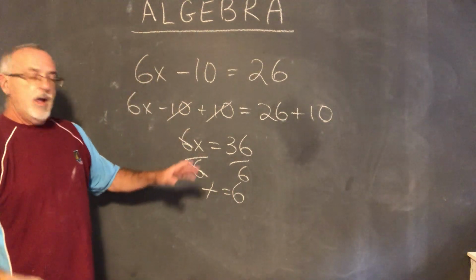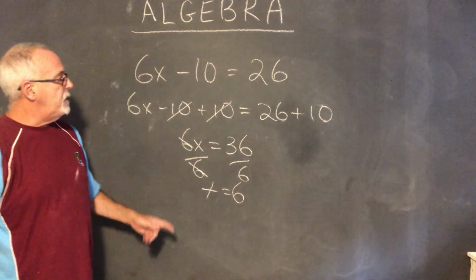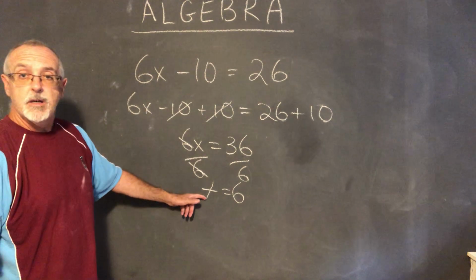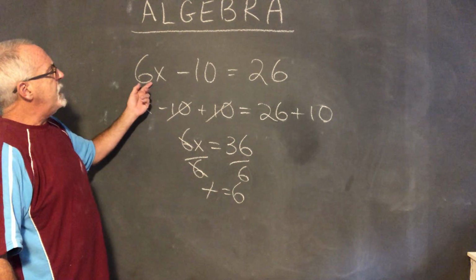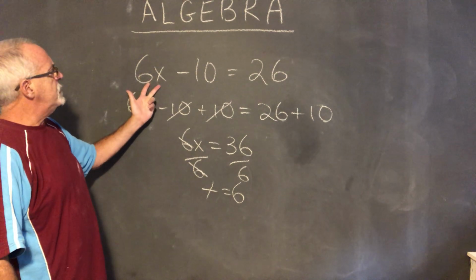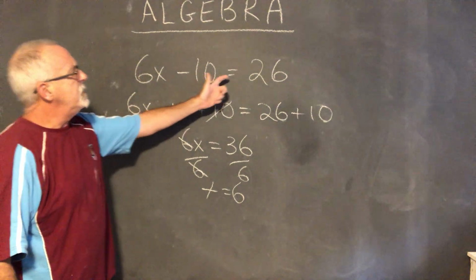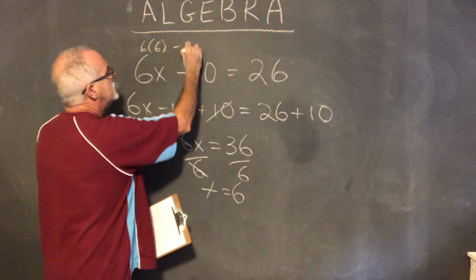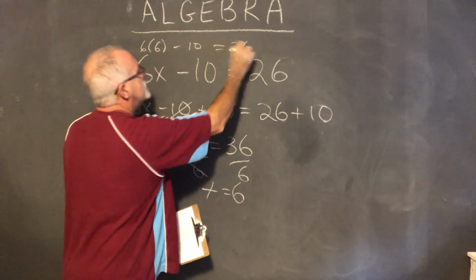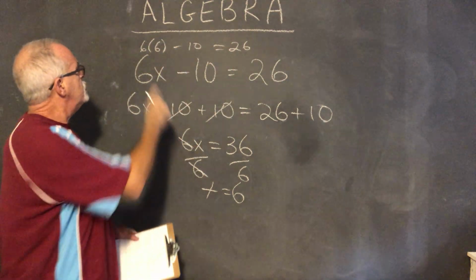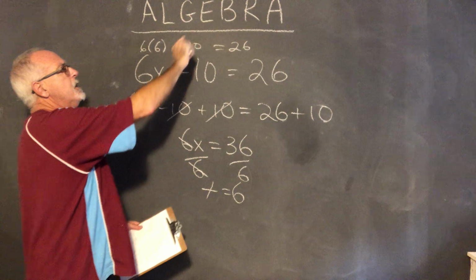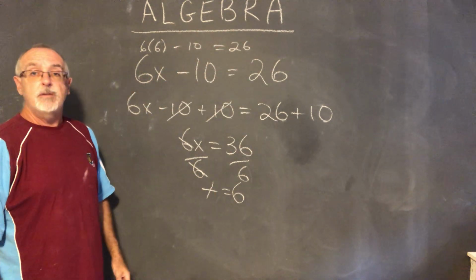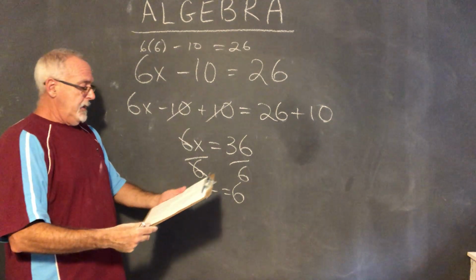We have our answer. Hey, we haven't been verifying. I'm going to verify this one. If x is 6, that's a really crooked looking x. It's not a plus sign, it's an x. If x is 6, then I can say 6 times 6, that's 36. 36 minus 10 equals 26. Yes, it does. You can show all the steps if you want, but as soon as you realize that what's on the left side is equal to what's on the right side, we're getting 26 equals 26, that means it verified. That means your answer is correct. Okay, now,